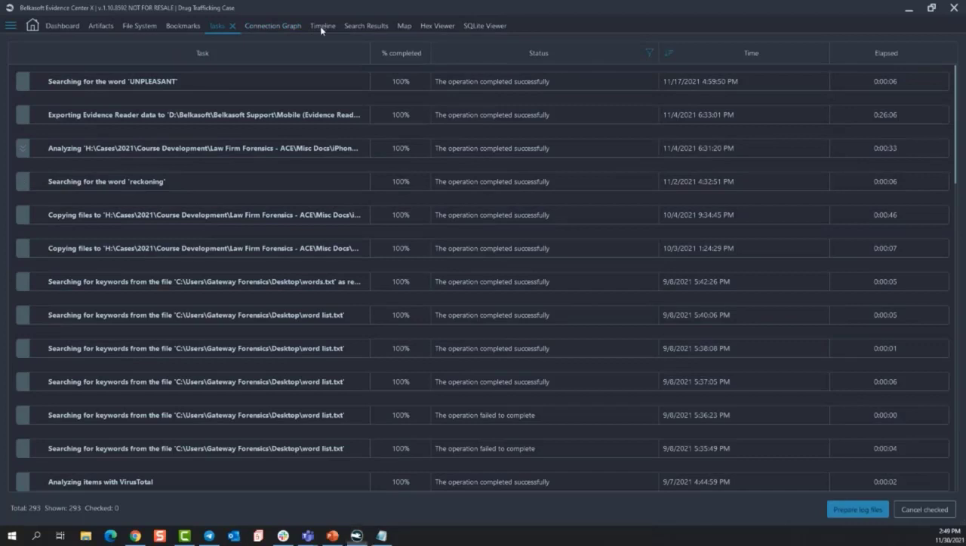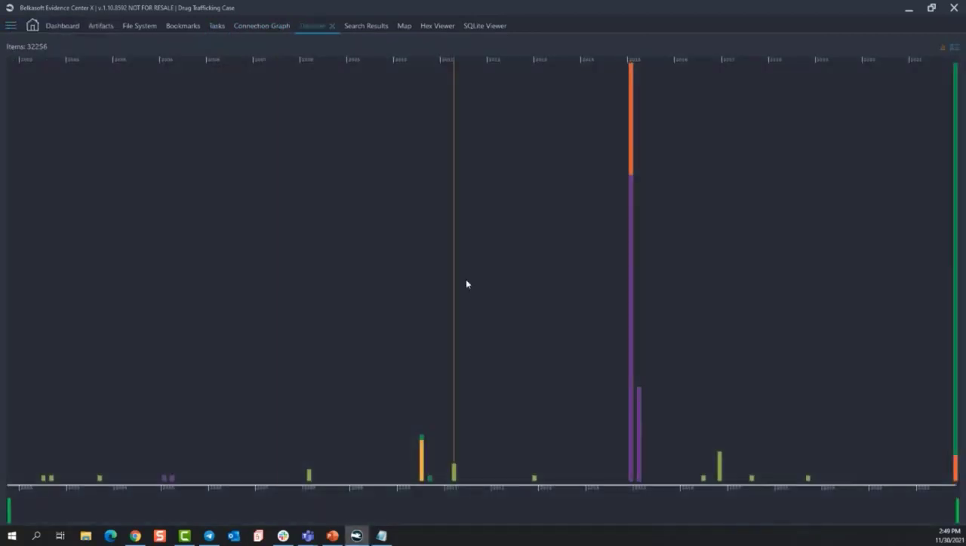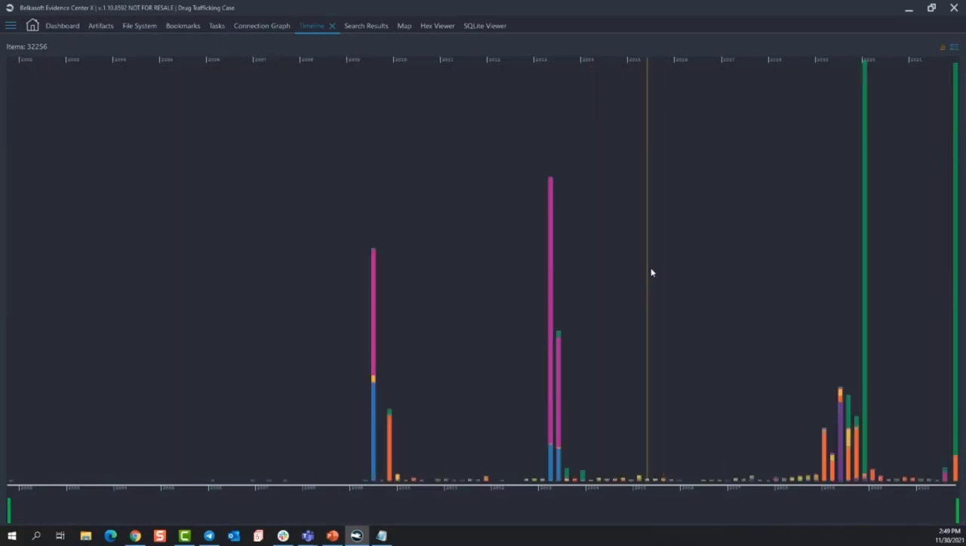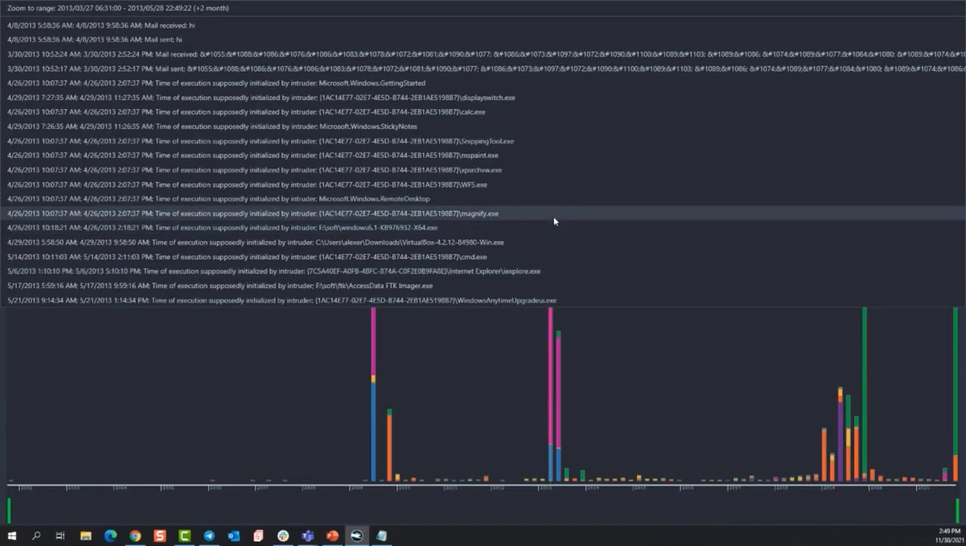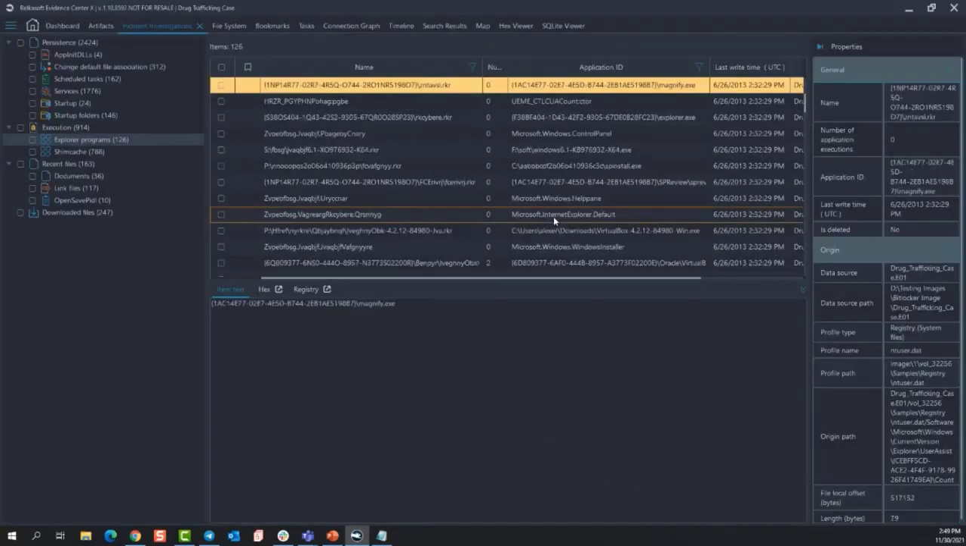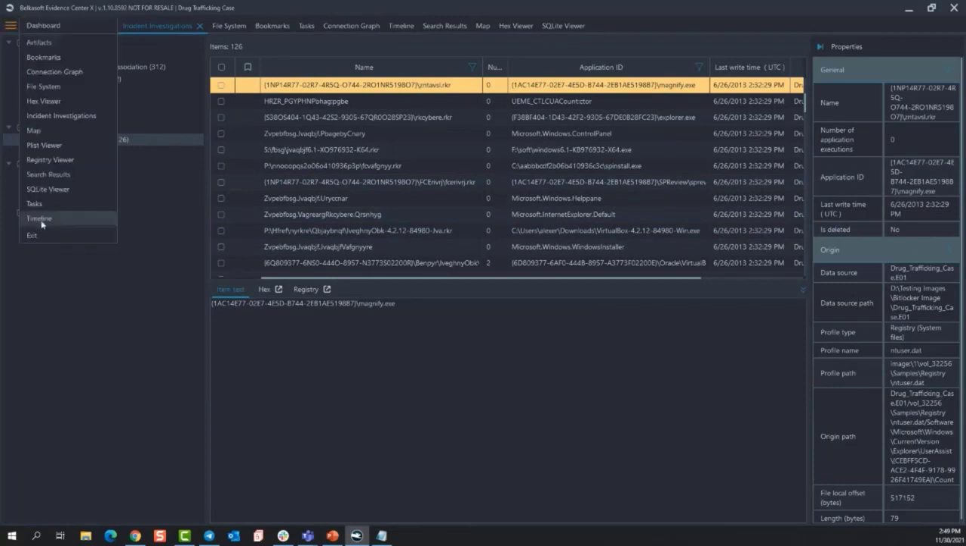Now, moving to the timeline. This is the timeline in the bar graph view. I can right click, look at the artifacts, select these artifacts, and it will take me directly to the artifacts tab. If I go back to the timeline again,